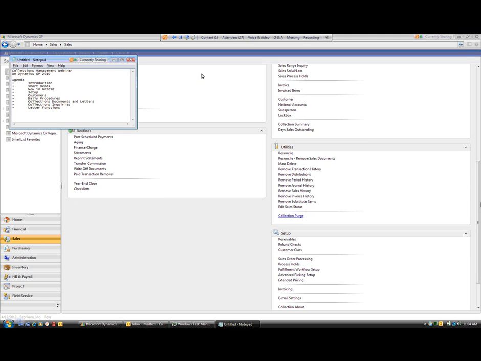Going through the agenda, the first thing I'll do is introduce collections management, the module, and just give a brief overview, useful to you, and how you might be able to use it. Next, I'm just going to jump into some short demos, just a few quick and easy things so you can see how it works. I thought that might be helpful before digging into the details, which we'll review the setup options, configuration. We'll look at customer records and what data we can track in the module in addition to the core GP sales module for customers. And then we'll review some of the daily procedures,